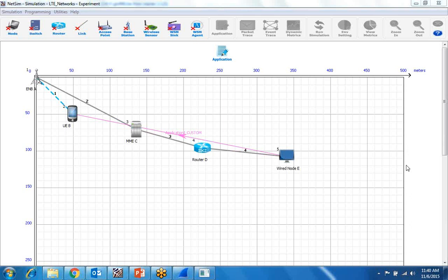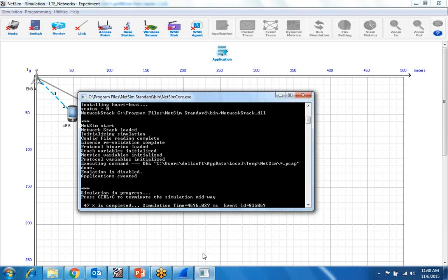Okay, we can hear you. You can decrease the simulation timing to.